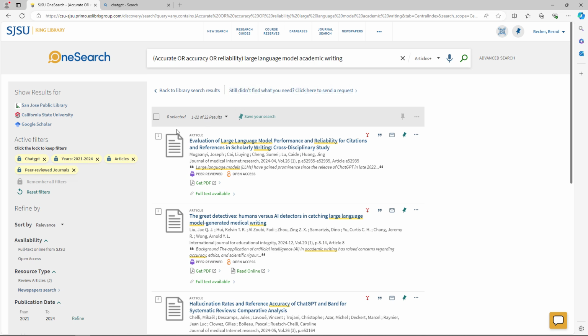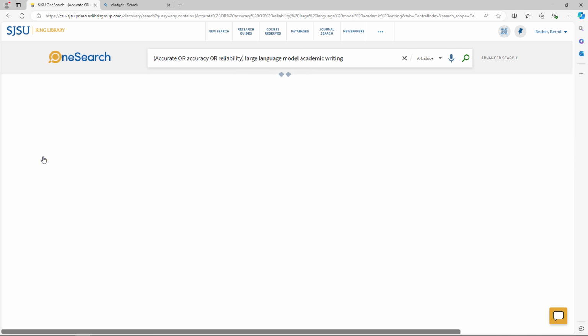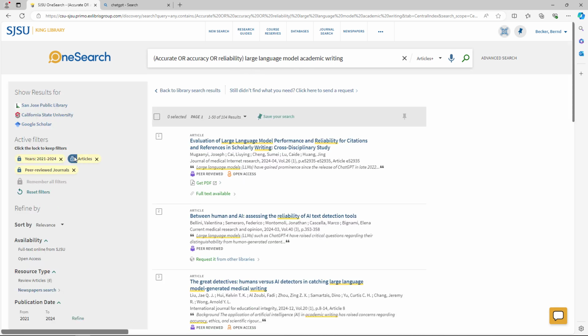everything that's going on. Do you remember that I focused my filters on ChatGPT? So right now, I'm only going to see things on large language model dealing with ChatGPT. So let me pull ChatGPT out. And to get rid of a filter, you just exit. And what this does, it's going to expand my search. And we can see we went to 104. So now we're talking about